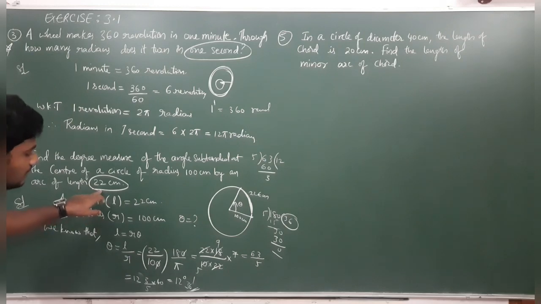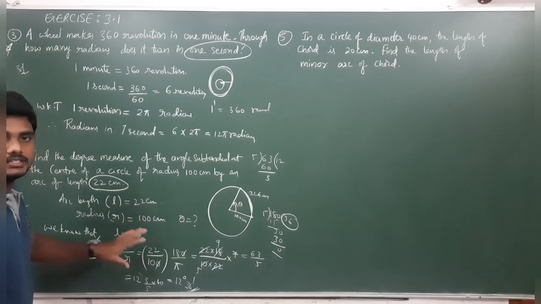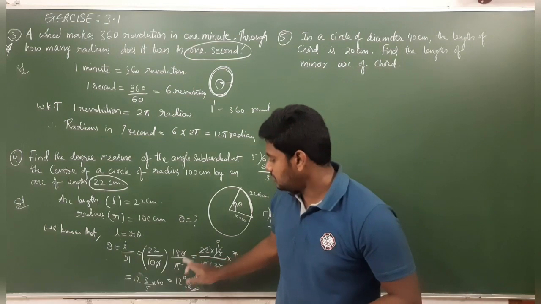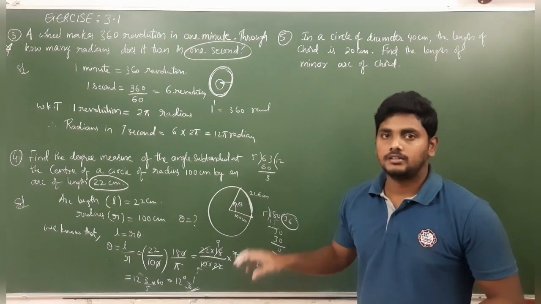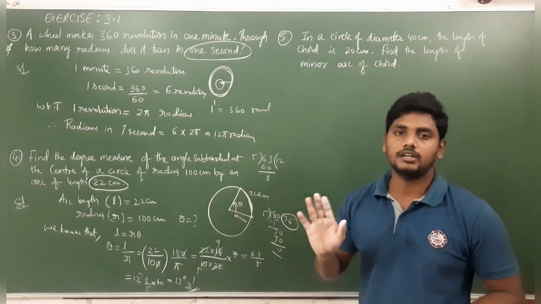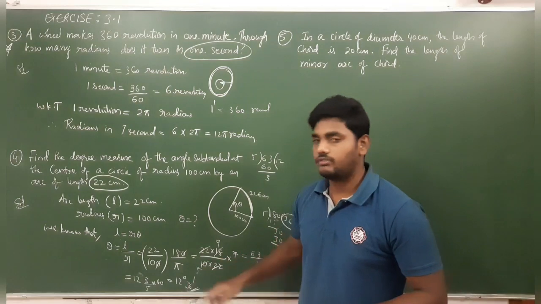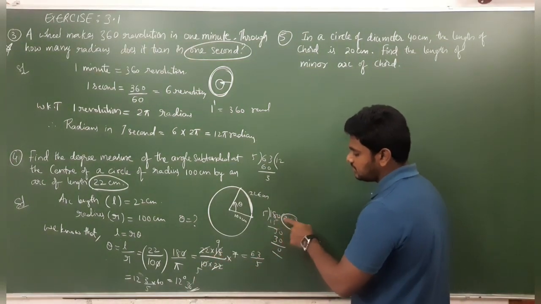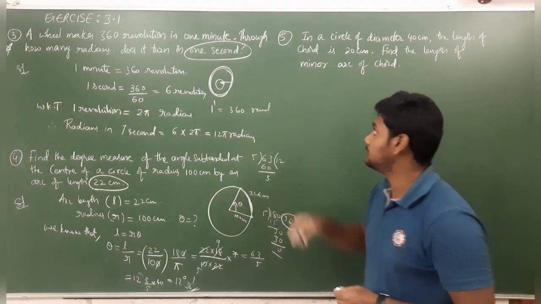So they gave arc length L value and R value. To find theta, theta equals L by R, which is 22 by 100. That 22 by 100 is in terms of radians. To convert radians into degree measure, what we need to do? Multiply by 180 by pi. When we are converting in terms of degrees, the pi value we have to write as 22 by 7. But when you are representing in terms of radians, pi value should not be written as 22 by 7. Pi is pi only. But when we are writing in terms of degrees, pi is 22 by 7. You simplify, you will get 63 by 5. If you do the division, you will get 12 degrees 36 minutes. That is question number 4.